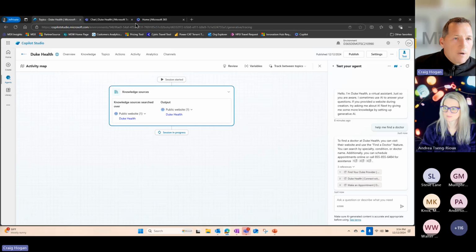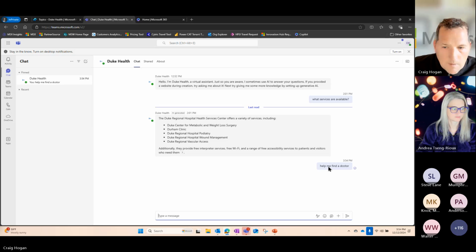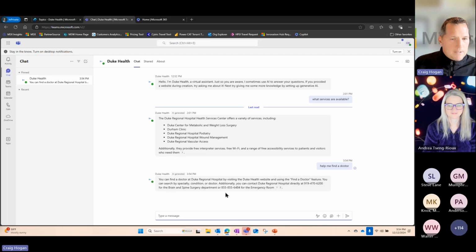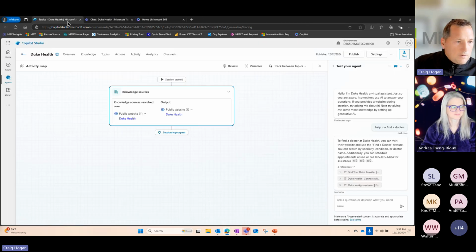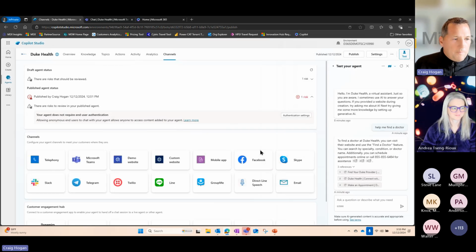The other thing is, if I want to see what a customer sees, let's say this is my same experience and I've just published it in Teams. So, help me find a doctor. And of course, I fat-fingered the word doctor, but generative AI is my friend. It knows what I'm trying to do. So it's going to come back and answer. Here you go, a different response, but this is the experience I can have. The other thing you could do, I think it's Tyler who asked that question, is I could just do a demo website and create this, where I could give that experience. So it really just depends on where you want that agent to live.